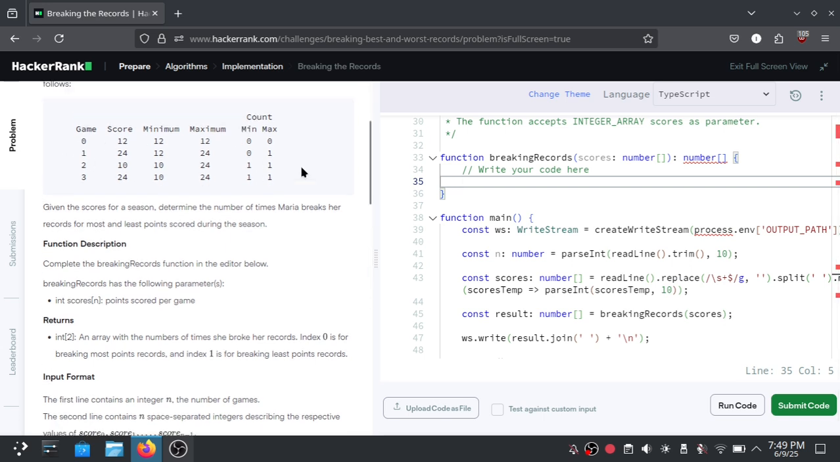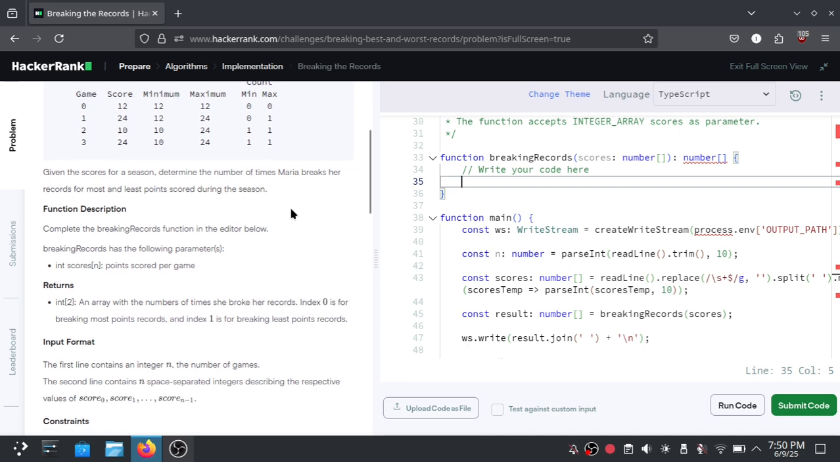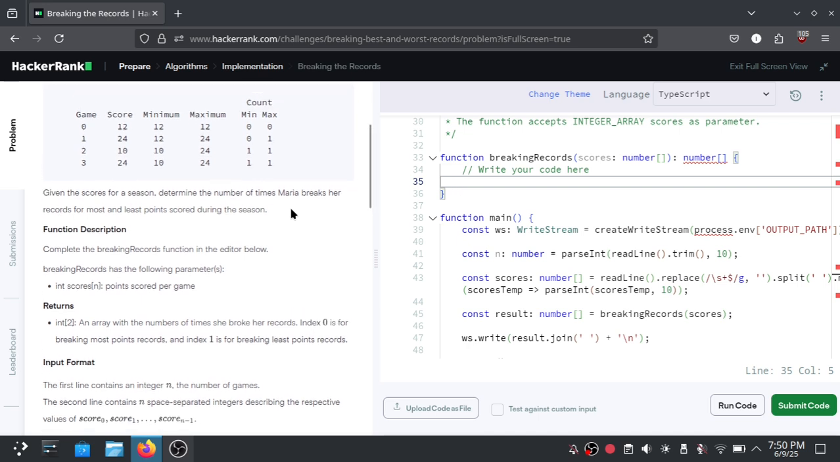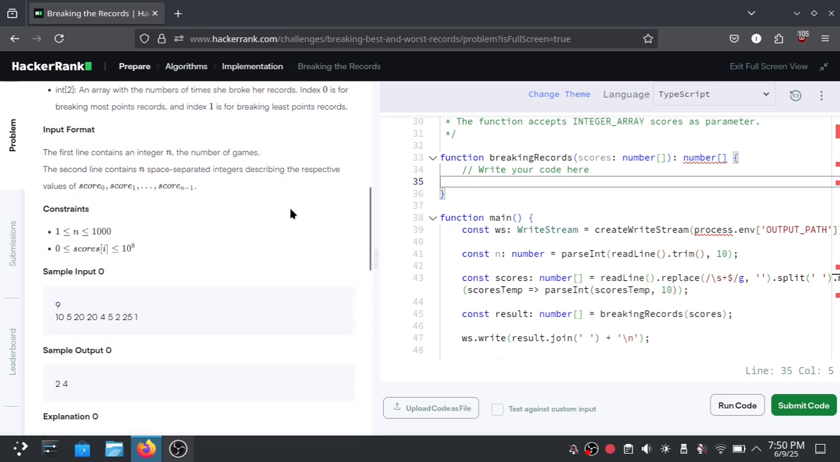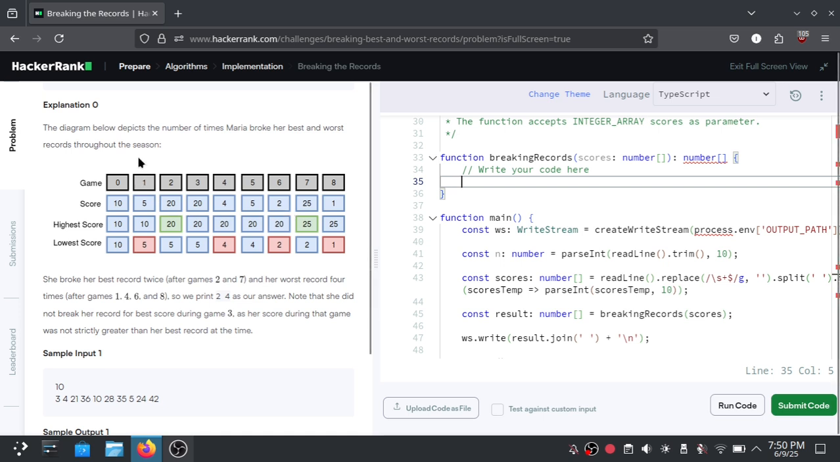if she breaks the highest score then she will count the max value as one, and then if she breaks the lowest score then she is also going to count the minimum value as one, and then if it's still the same as the previous game then the counter is not going to count either the max or the minimum value. And then for this explanation, the diagram below depicts the number of times Maria broke her